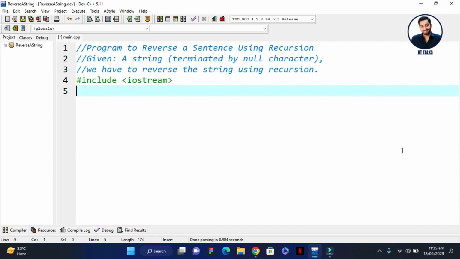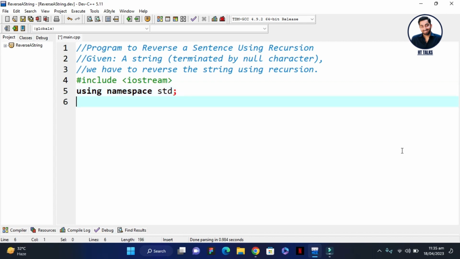I'm writing this code in C++ language and using Dev C++ editor. Okay, so let's start the code now. Using namespace std, I'll create a method void reverse string. Here I'll declare a data structure that is star, star str,